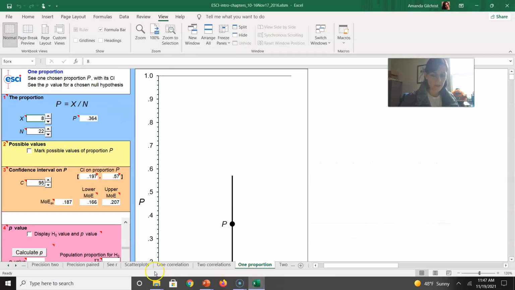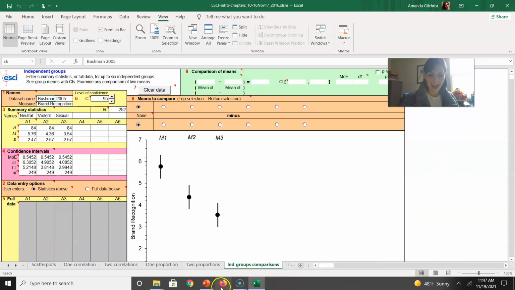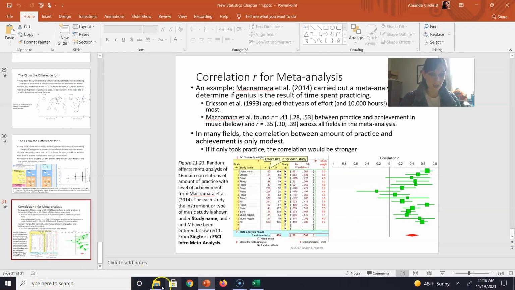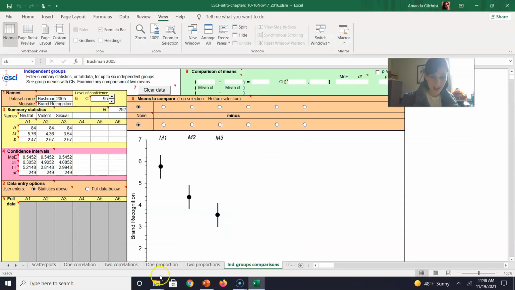So let me see, we can't actually report that here, but you can actually look at this data in ESCI, and it's in single R in that intro to meta-analysis. So I can show you that another time if you'd like, but it's very similar to what we talked about in the meta-analysis section before. So if we open up our ESCI files, you can actually kind of see this right here. So we go into our meta-analysis file, and we're going to go to